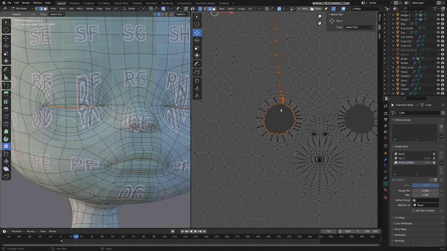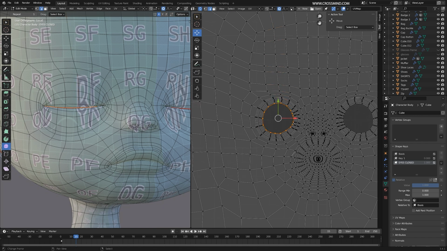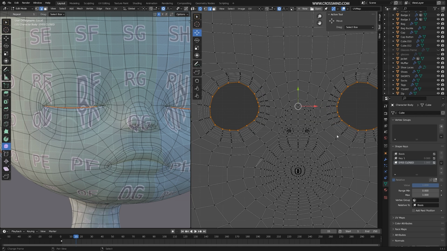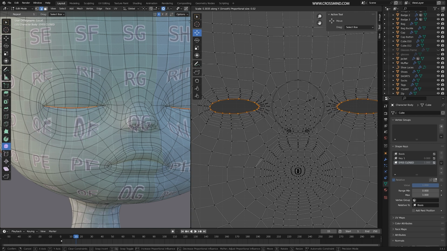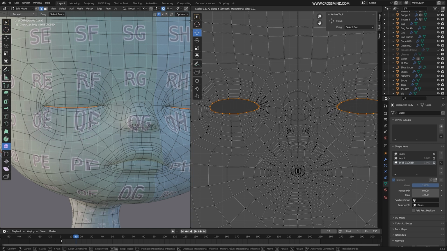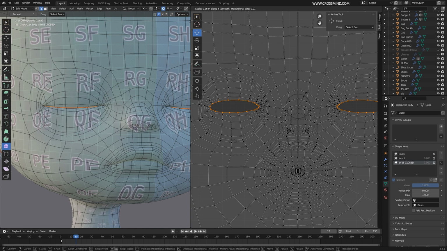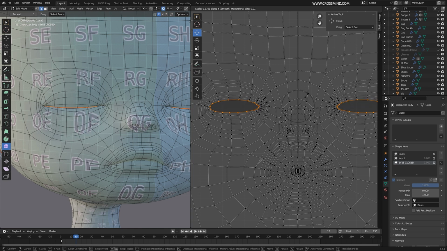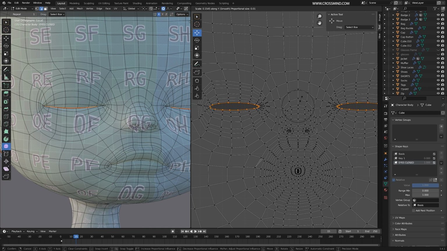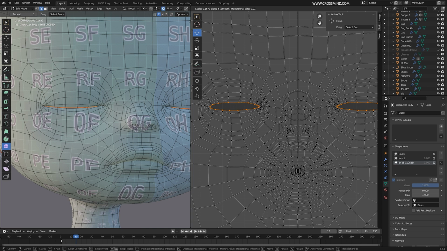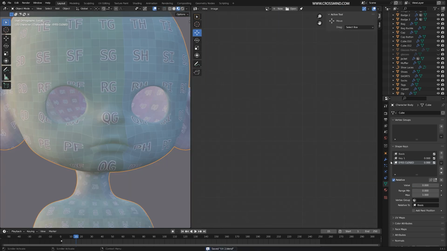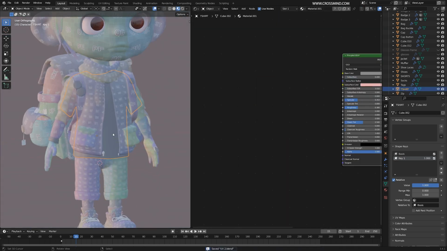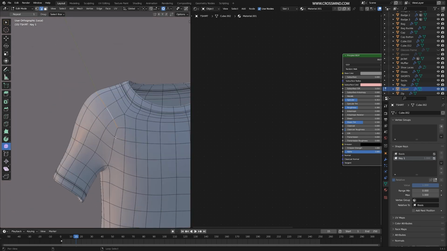So I'm just going to select these loops right here and this one, and scale these down. SY, in the Y axis, just scale it down with proportionate editing enabled. And you can see by scrolling your proportionate editing brush up and down, you can do a decent job like here. So that's it.